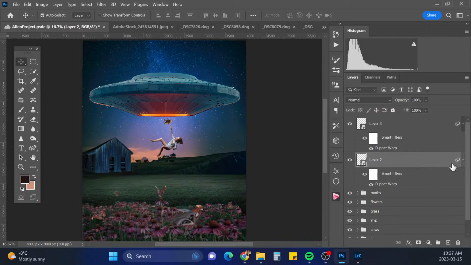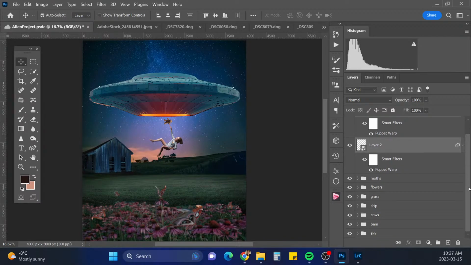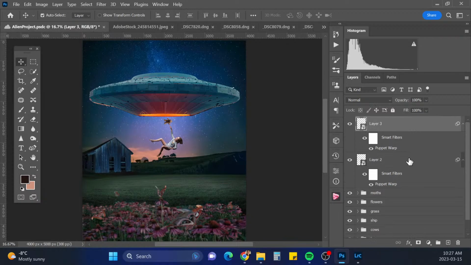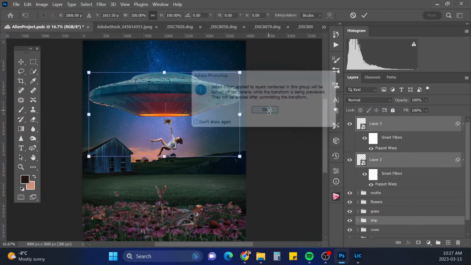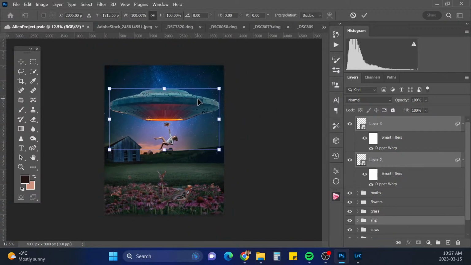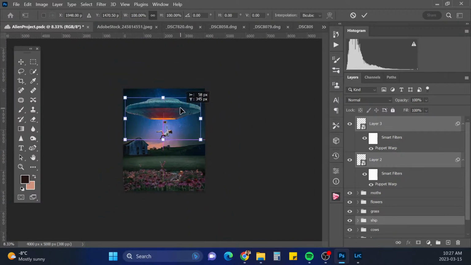And I'm gonna bring them as well as, I'm just gonna hit shift and select those two, as well as the ship. Oh, sorry, not shift. I'm going to hit control and select those three, control T, and I'm just gonna move them all up.